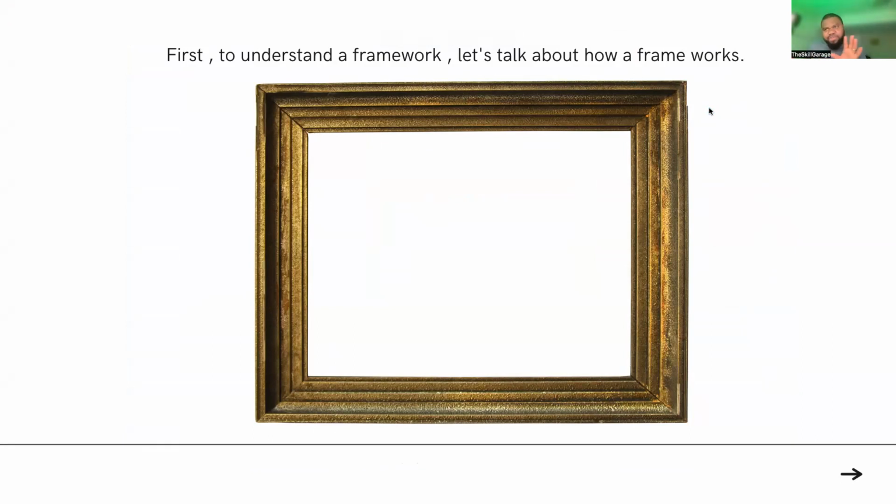Because somebody was asking what's the difference between framework and methodology. How many of you have this in your house? Framework. You have a frame, or whatever frame. It doesn't have to look like this old one. You have a frame in your house. Okay, good. Let me help you relate with it.